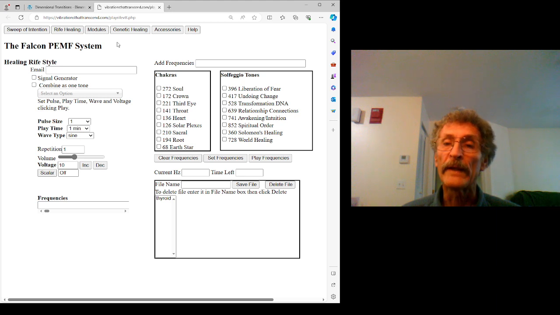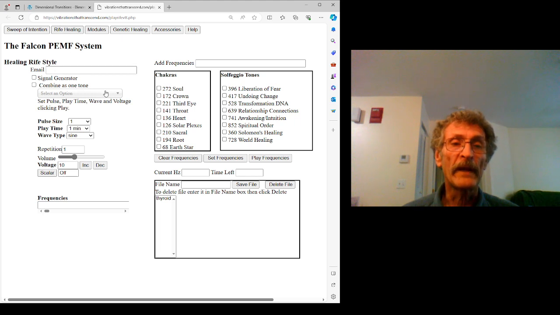That rate is called hertz, the number of pulses per second, so the higher the value of hertz, the faster the pulse is. When we are talking about rifing, we are talking about a series of frequencies that Dr. Rife found to be beneficial for different types of ailments. All of that was saved in a database that anyone can use to see what could possibly help them with the situations they are dealing with.